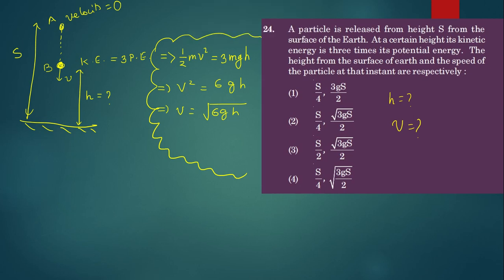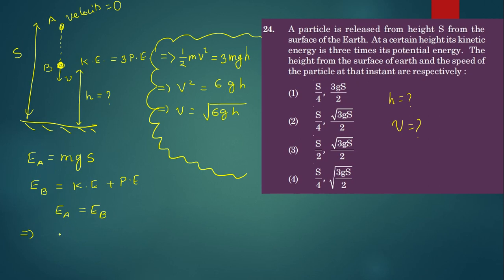I will apply the equation, the conservation of energy. Let's say what is the total energy at point A. Since the velocity was 0, the total energy at A was the potential energy, which is given by mg multiplied by height. Again, the total energy at instant B is given by kinetic energy plus the potential energy at that point. I equate them because according to the conservation of total energy, the total mechanical energy will remain constant